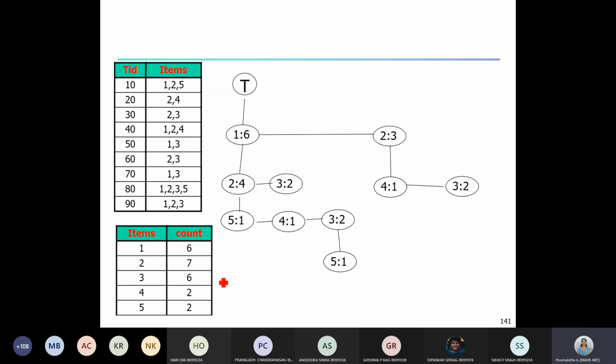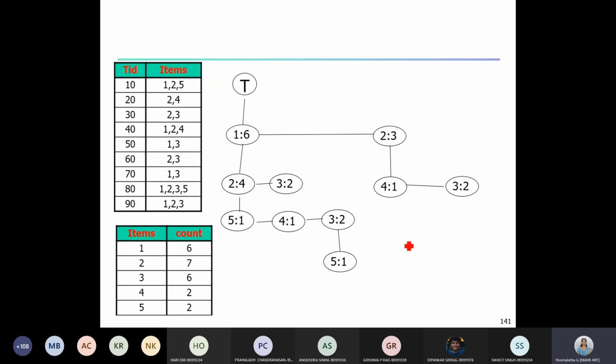So from this transaction, we have this PC tree, and whenever we are reading any of the items, correspondingly, we are also supposed to increment the table, and this is our final PC tree with the count of individual item. So now you can see all these transactions are there in my PC tree. So hence it is complete and it is compact. Okay. This is the first one. Construction of PC tree is done.